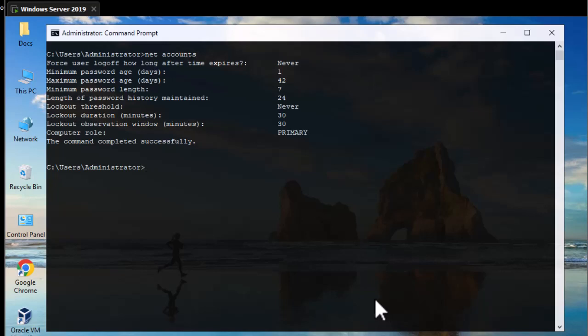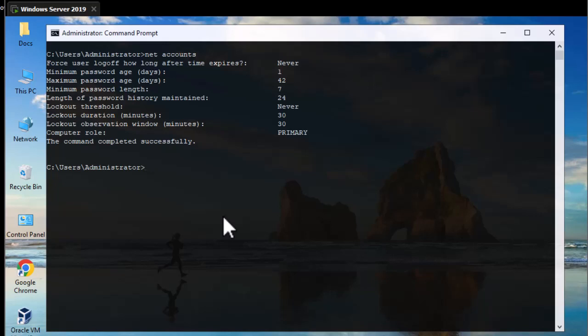For example, for the password policy, you can see that the minimum password age is 1 day and the maximum password age is 42 days. Okay, and of course the minimum password length and so on. So it's also very interesting to check from time to time this net accounts command, which displays the local computer